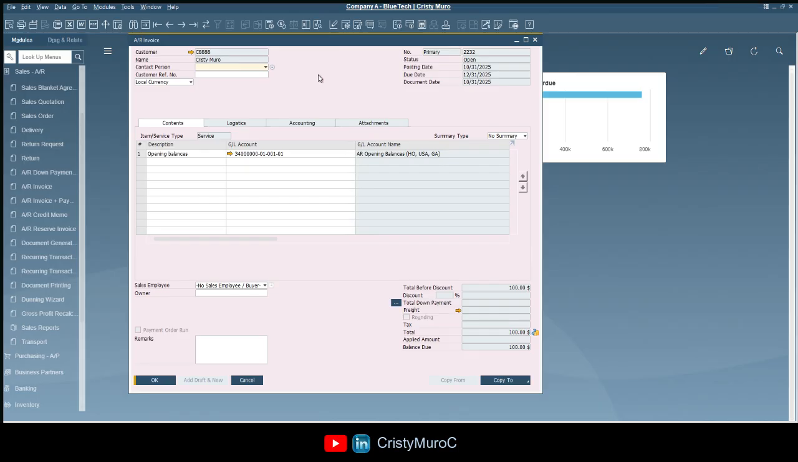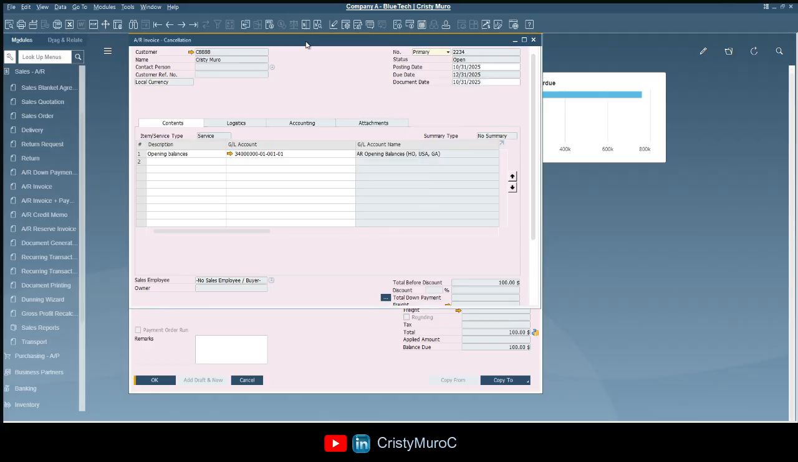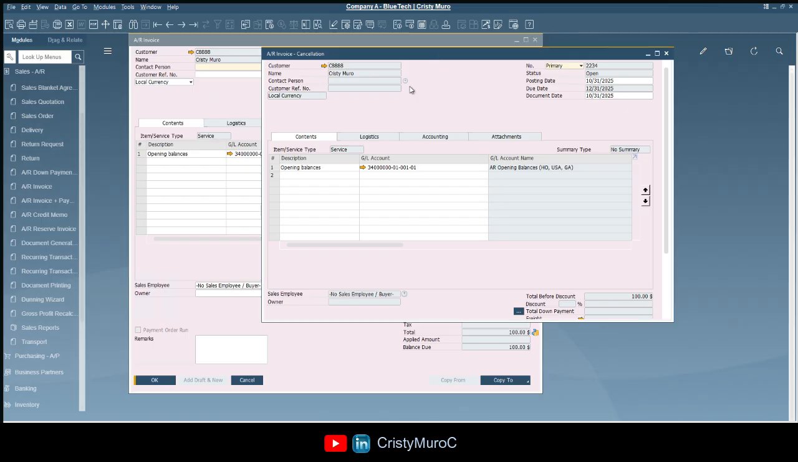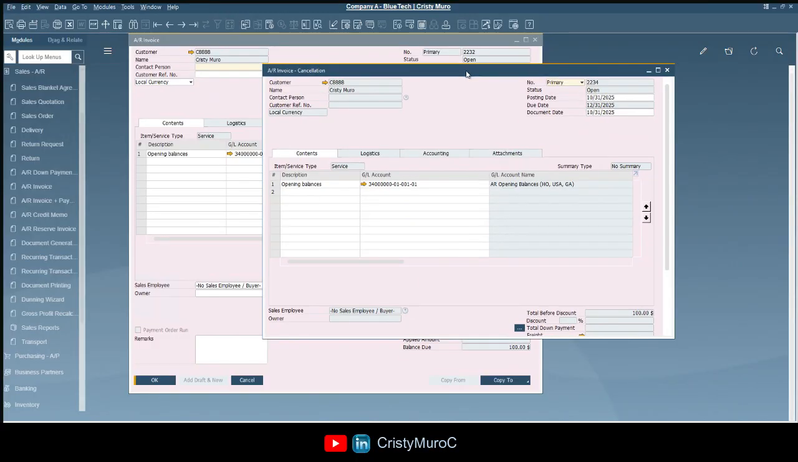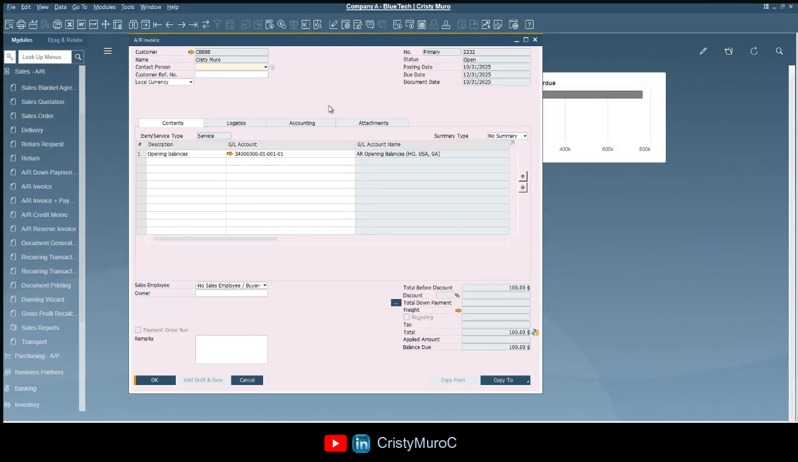Okay, so what if I want to cancel this document? I'm going to right click. And as you can see here, we have the option to cancel. When I click on cancel, I'm going to move this to the right. Basically, SAP is going to generate the reversal transaction. So when you cancel a document, SAP is going to create the cancellation document that will reverse the original document. So here I have the AR invoice 2232, which is the original AR invoice. And when I right click and select cancel,